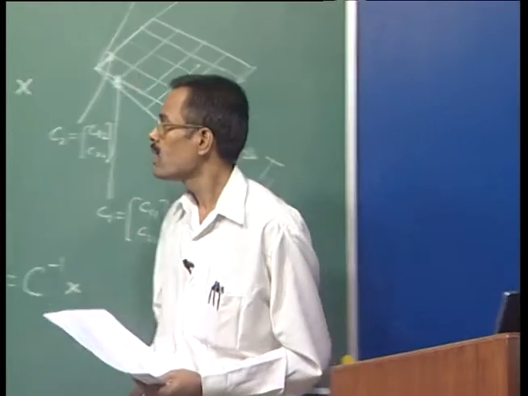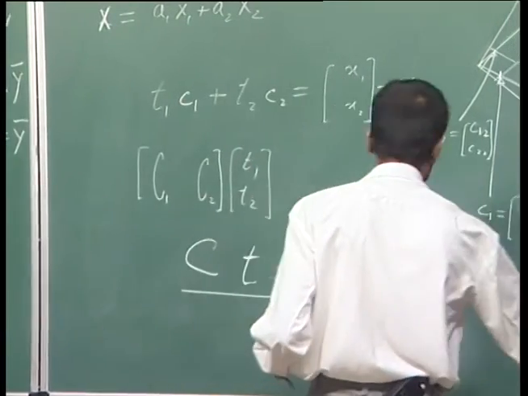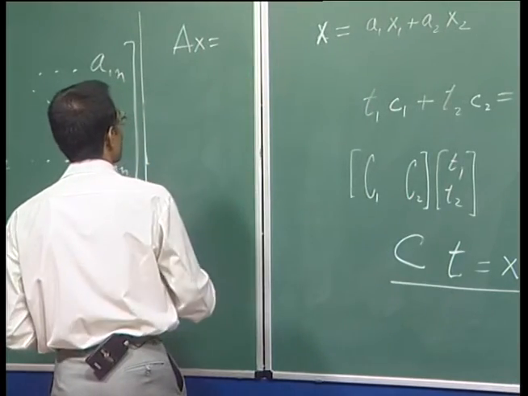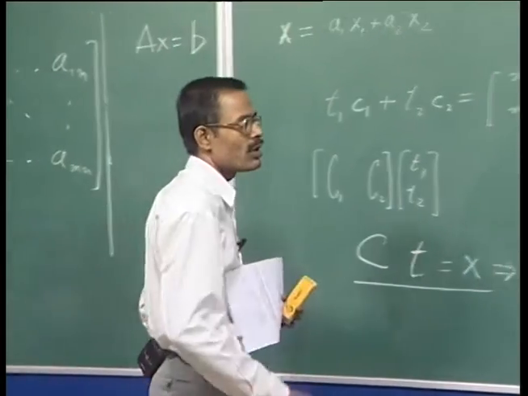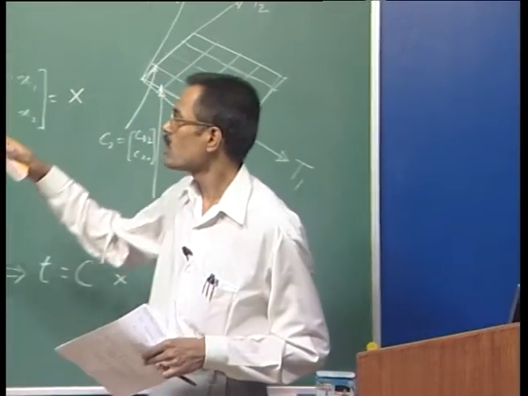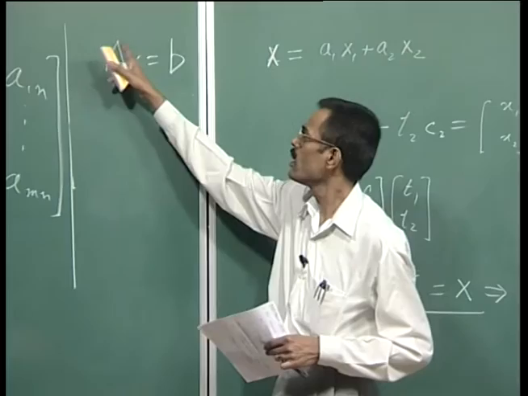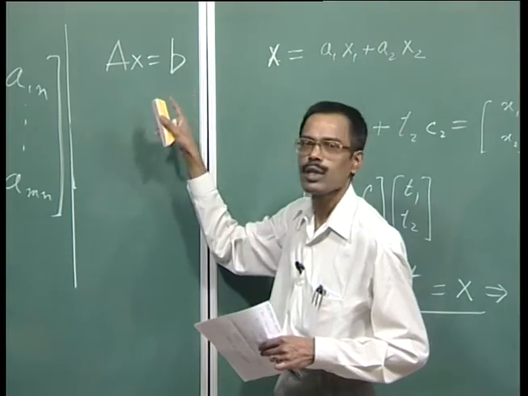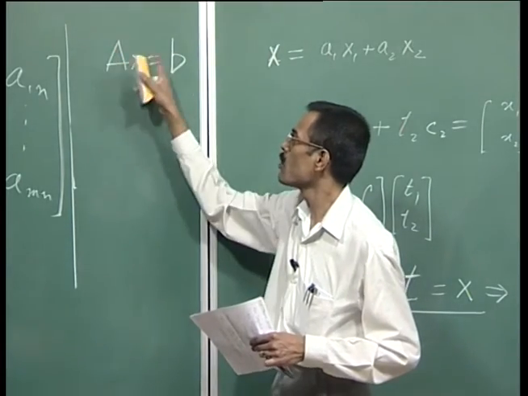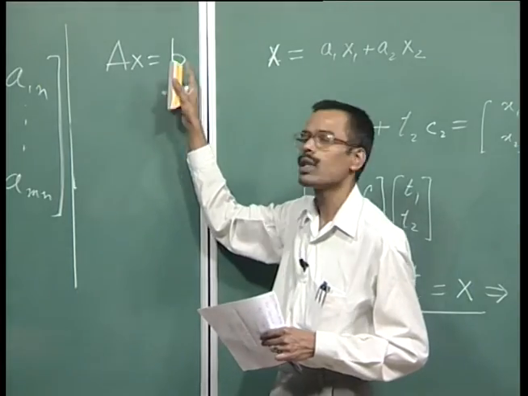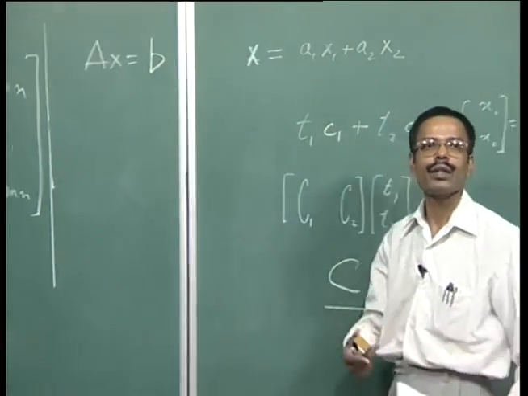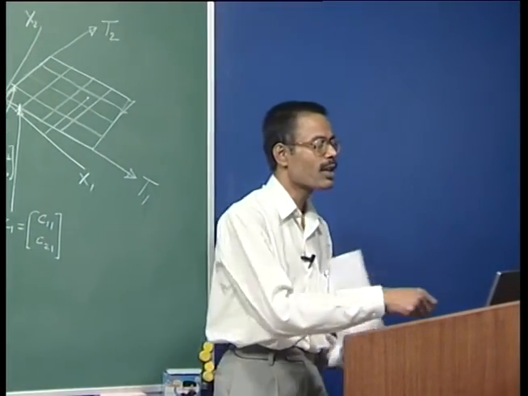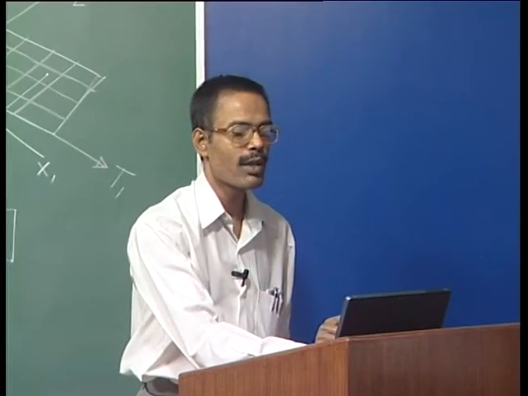And in the way of writing the equation in this manner, A x equal to b, that will amount to the interchange of two rows of A and b. That is, if we interchange the first equation with the third equation, in this matrix vector representation of the system of equations, that is equivalent to changing two rows. This is one of the three transformations that are called elementary row transformations. So, this is one elementary row transformation.